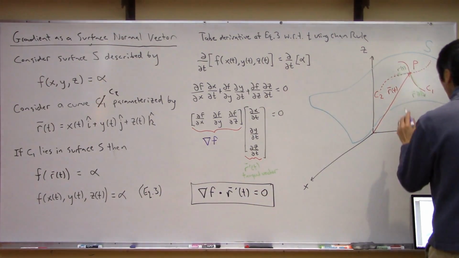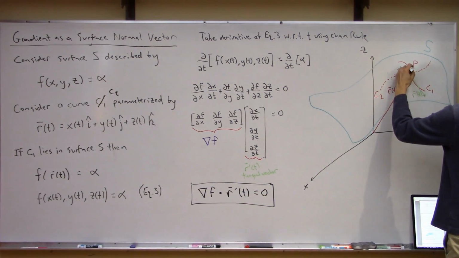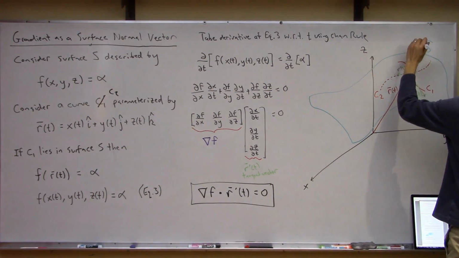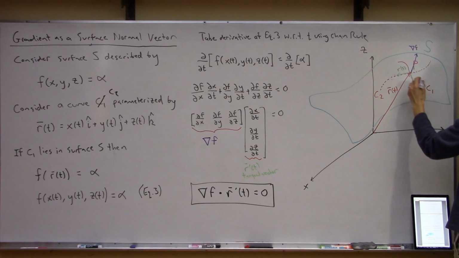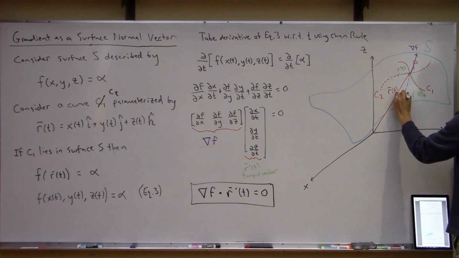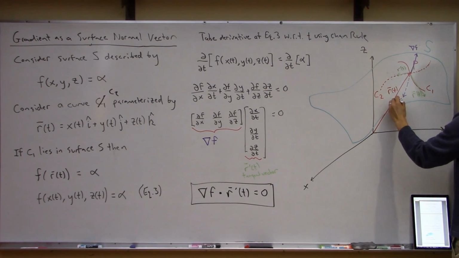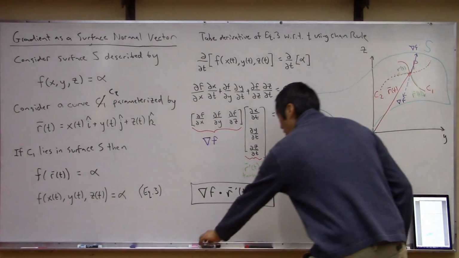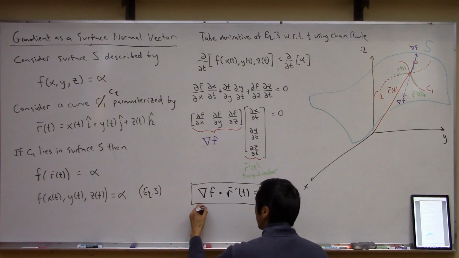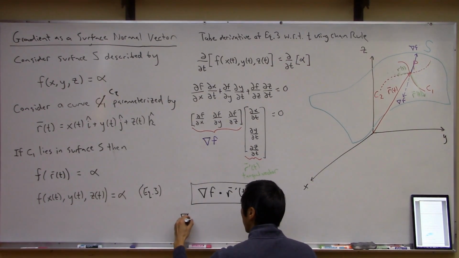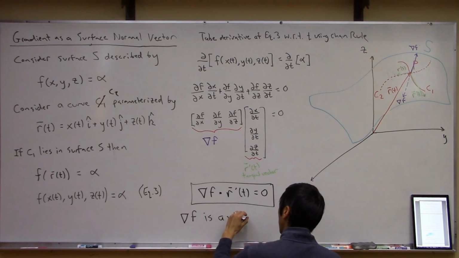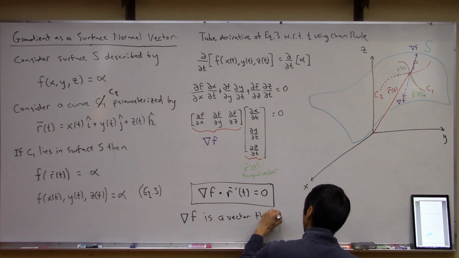So the only way that this gradient is going to work is if it is pointing this way, which is normal to the surface, or technically it could be pointing the other way. The direction doesn't matter. But what we end up with at the end of the day is that the gradient of f is a vector that is